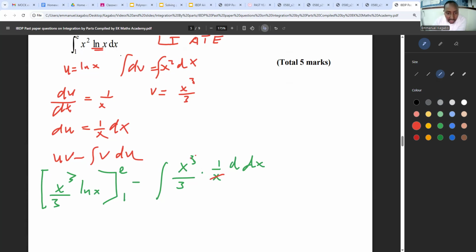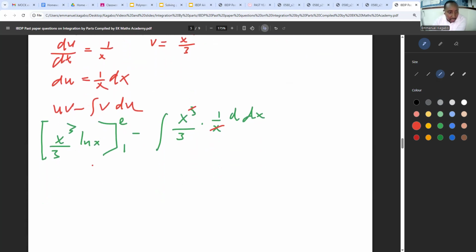You see this one? They'll cancel. So what I mean, I will simplify this one. By the way, we can simplify, there's no problem about that. So when I put there e, I'll get e power 3 times ln e. What's ln e, guys? Do you remember? Ln e is 1. So what am I going to get? Here, I'll get e power 3,